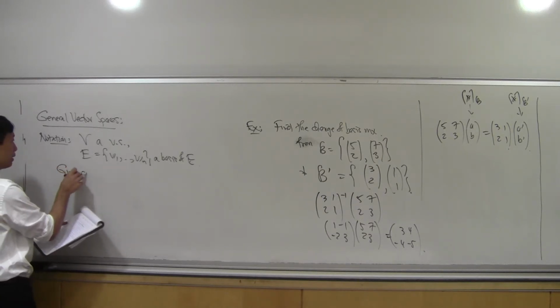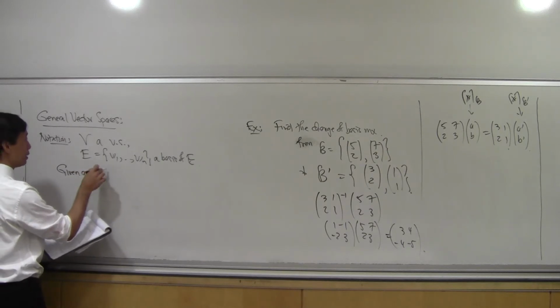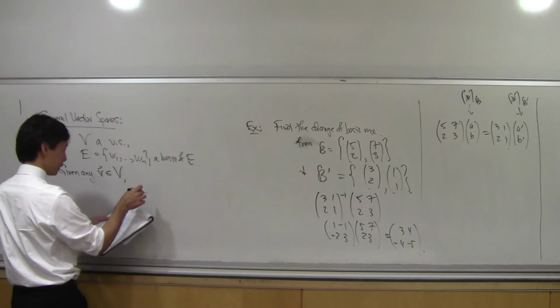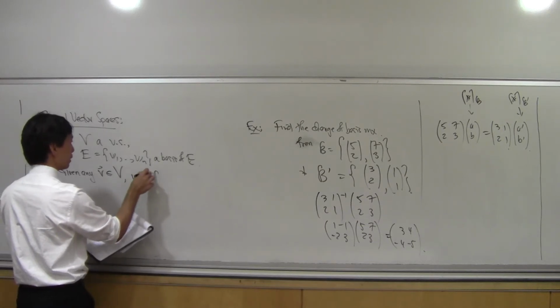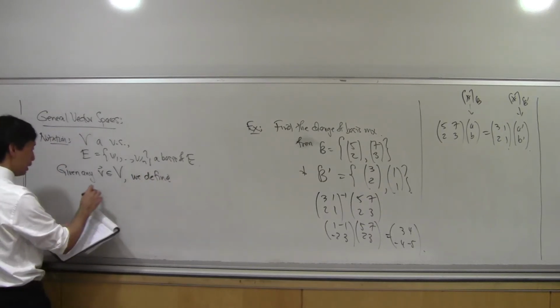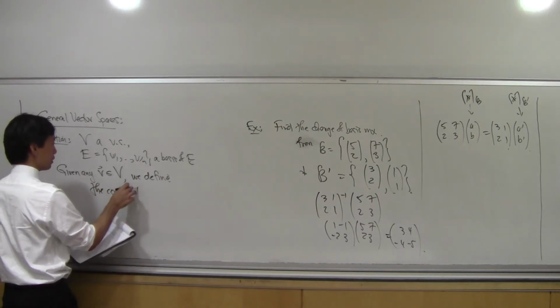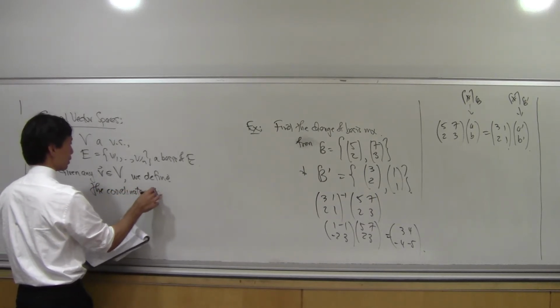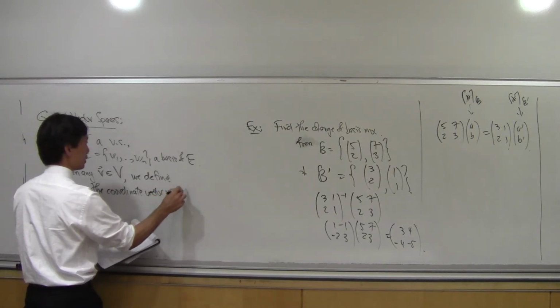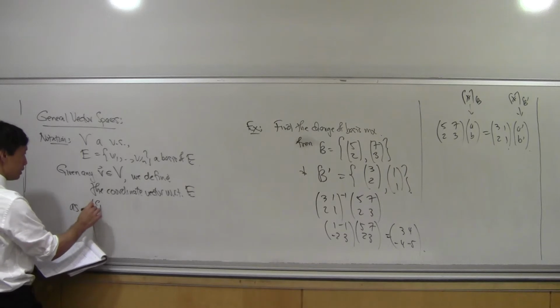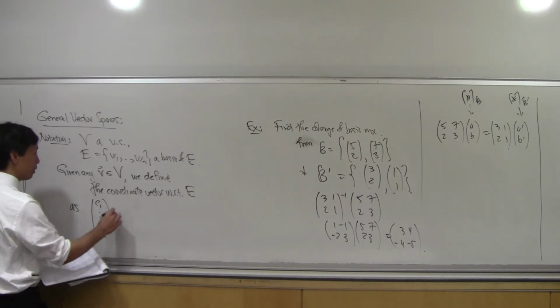Given any vector in your space, we define the coordinate vector with respect to the E basis as C1 through Cn, where